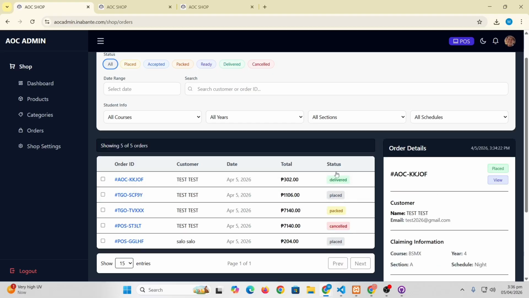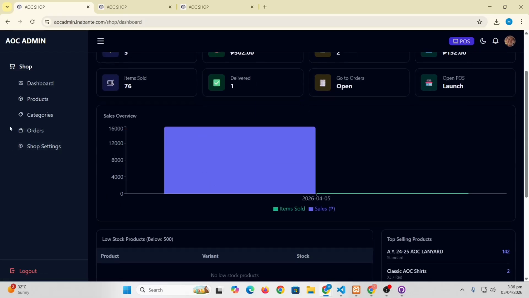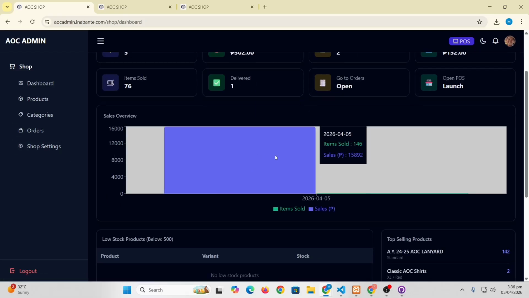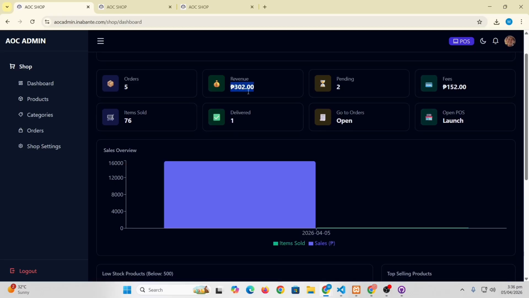So when we deliver that one, in our dashboard we now have the revenue of the 102 because the order was successful. Okay, so for today's sales, we have 146 items sold and 15,892 sales. But we only have 102 because we only delivered one order.